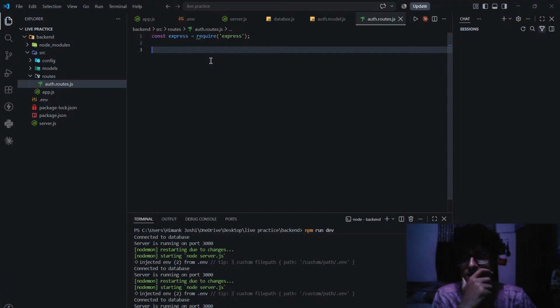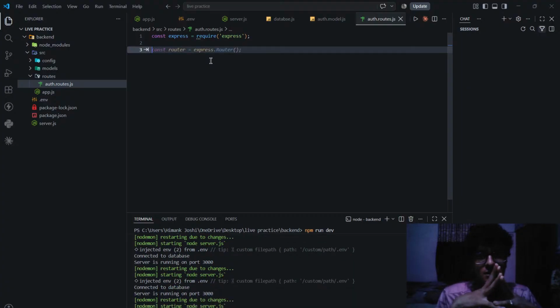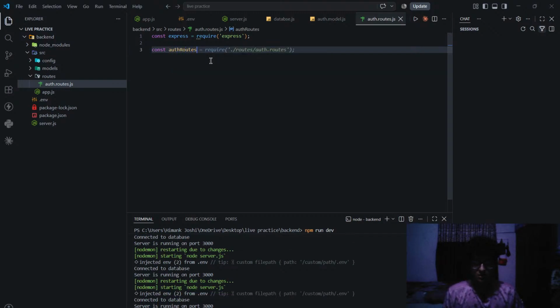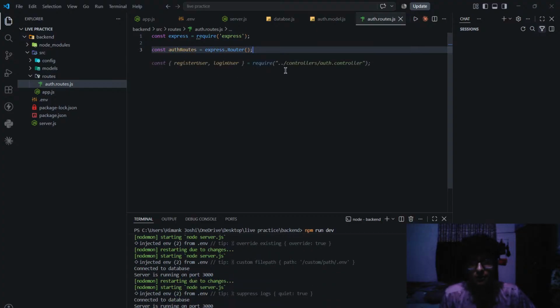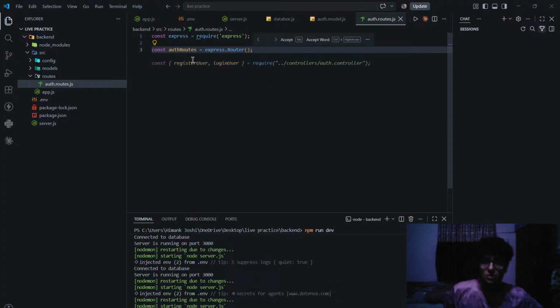We had to import auth routes for const. Const route express dot router. Yeah, const auth routes equals to express dot router. So express dot router we imported into auth routes, meaning we went into auth routes. Now